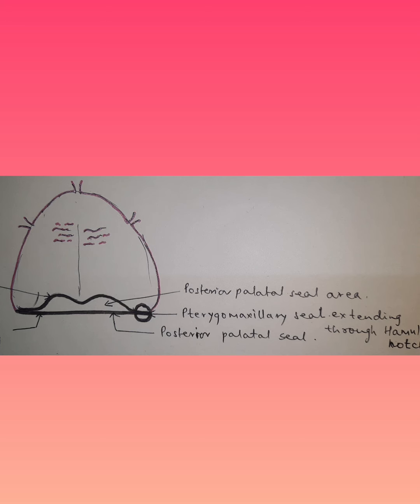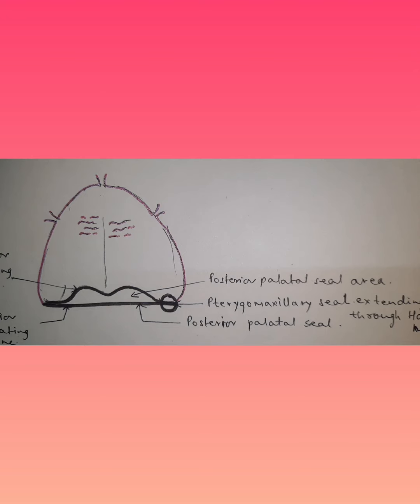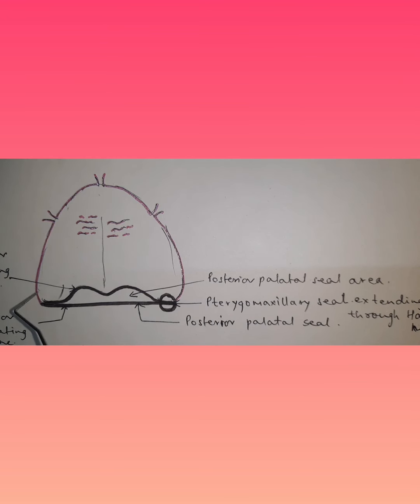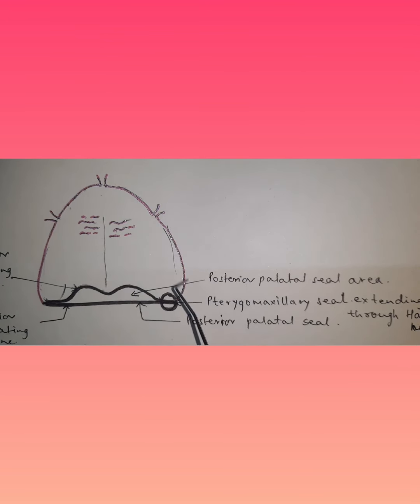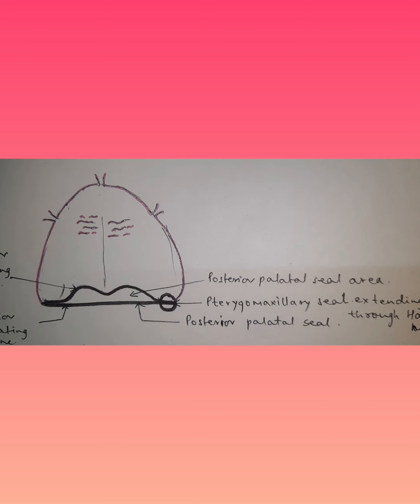But here there is one thing: they say that the horizontal forces and the lateral torquing forces on the maxillary denture cannot be resisted by the factors of retention and stability, but are resisted by the factors which provide the adequate border. So the peripheral seal is provided by these limiting areas which you see here. If you do a good border molding and then make a final impression, you get a good peripheral seal.